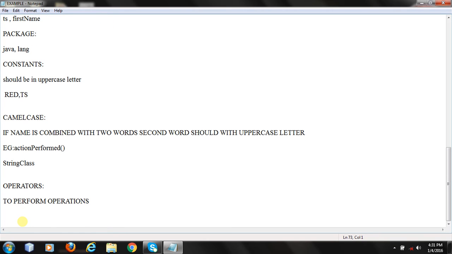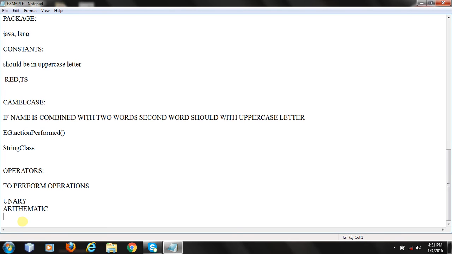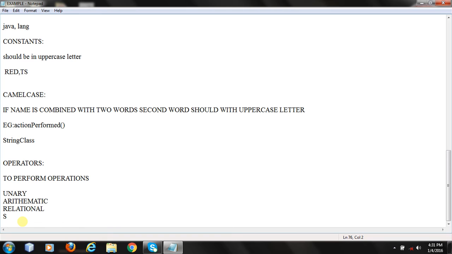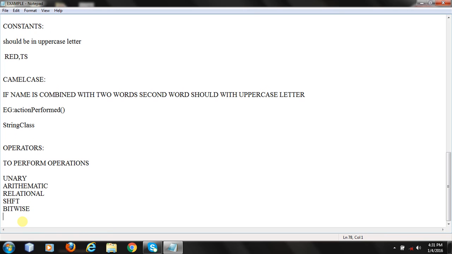There are many types of operators in Java, such as unary, arithmetic, relational, shift, bitwise, ternary,